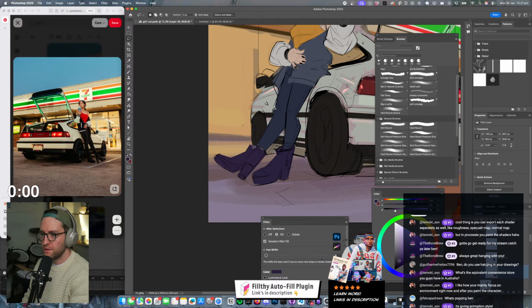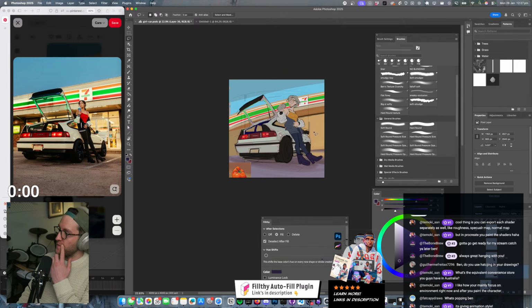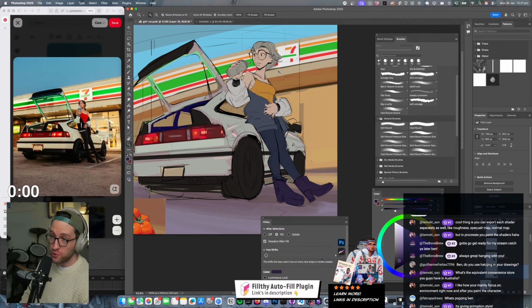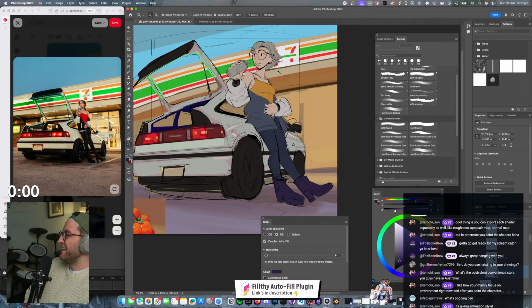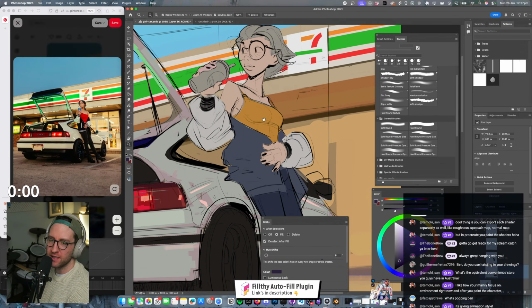Got to think about the silhouette as well. Is she popping out from the background? Yeah, there's something about her. She looks huge at the moment. She looks like a giant. I think it's something to do with the feet. So I might need to push them back a tad. That's all right. We can do that all after.